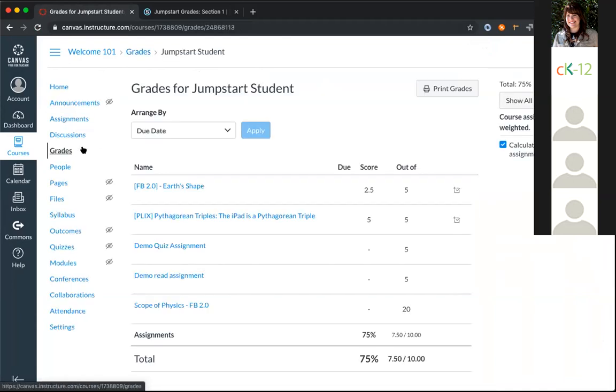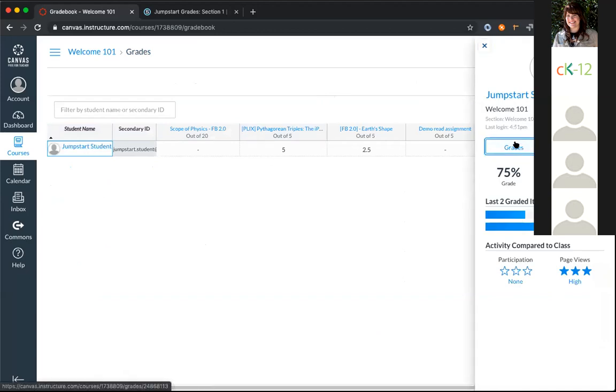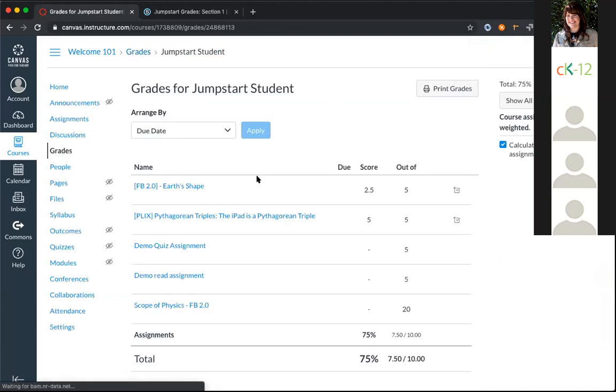It's a little funky getting there, but basically from the gradebook, I clicked on the student's name, I clicked on grades, and this brings you up to the submissions piece. And if I click on Earth's shape,